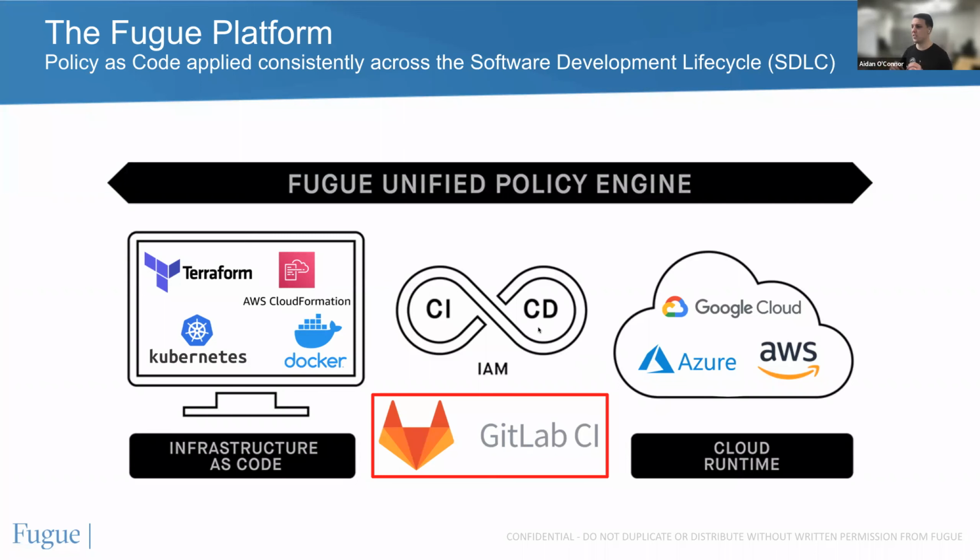The final thing I want to touch on is along the top, you'll see the Fugue Unified Policy Engine. So we don't do like other tools you might see. We don't look at cloud runtime differently than we look at cloud resources and CI/CD or infrastructure as code. You might see other tools that have proprietary languages, or they have rules defined for cloud runtime and then separate rules for infrastructure as code, because there's not a good handshake between those. So with Fugue, using our unified policy engine, you don't even need a handshake between them because it's exactly the same